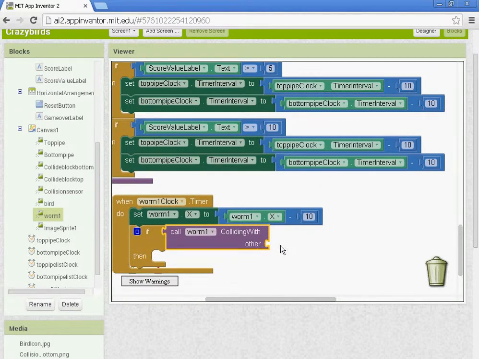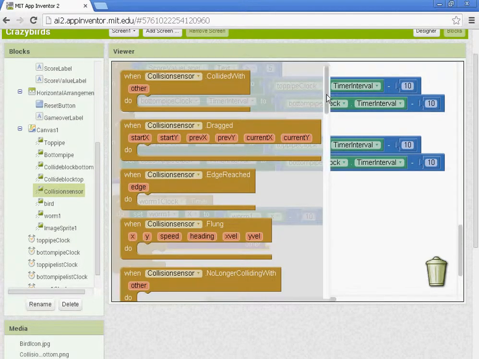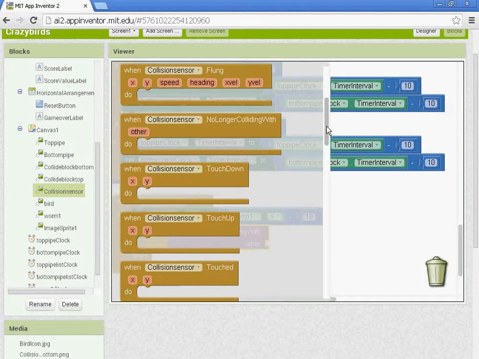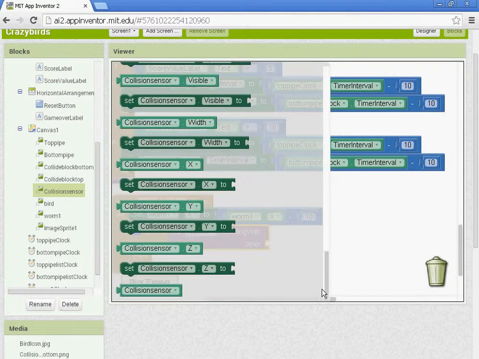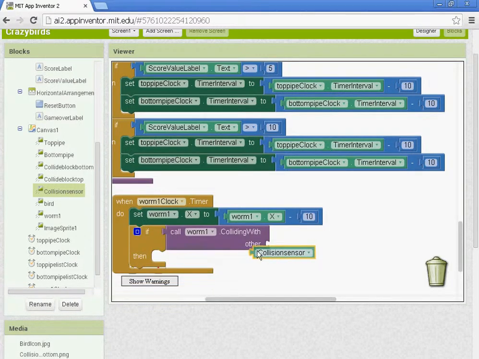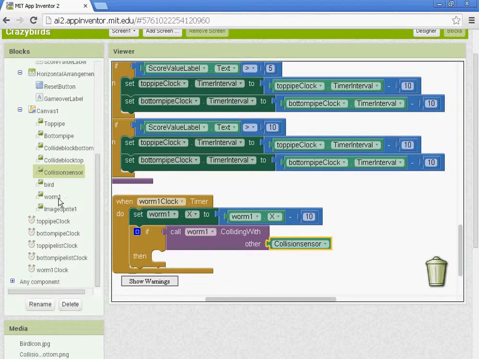And we're specifically going to name, we want it to collide with the collision sensor. And the collision sensor is that big long image sprite that takes up the entire height of the canvas. So if the worm 1 collides with the collision sensor, then we want to move it back. So we're going to go back to worm 1